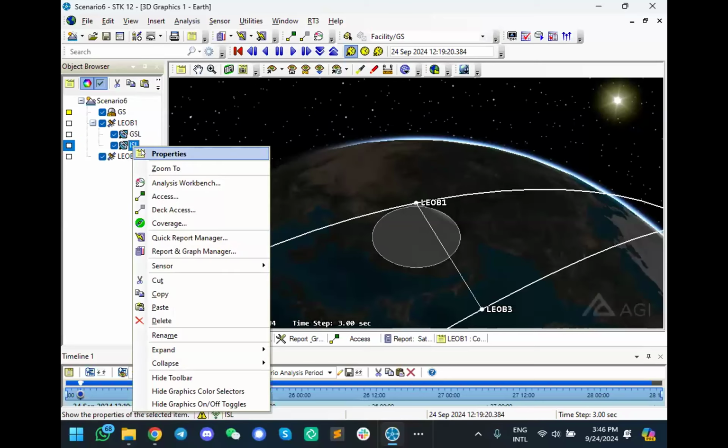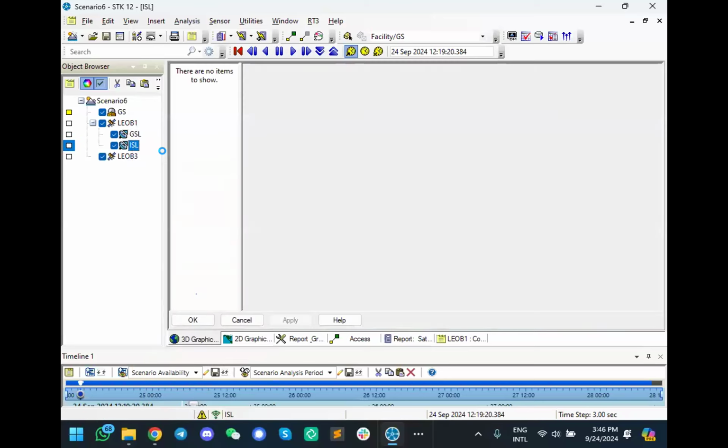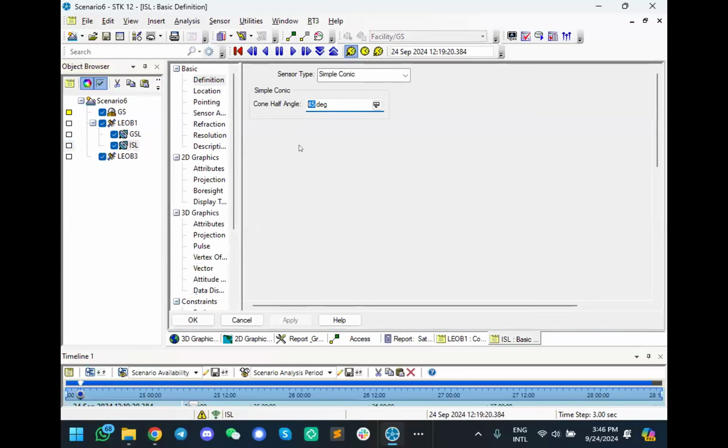And then we right click on the ISL to say, well, I want this sensor to be typically intersatellite links. Antennas are typically narrow because you need to reach very far away and you want very directive antennas. So let's say that I will have a 10 degrees antenna, 15 degrees. And I also want this antenna to be,